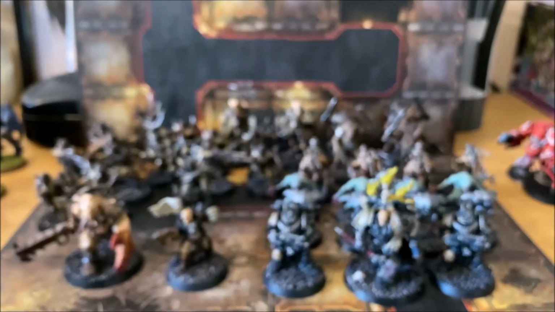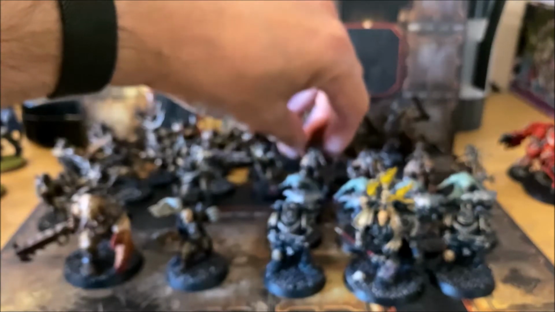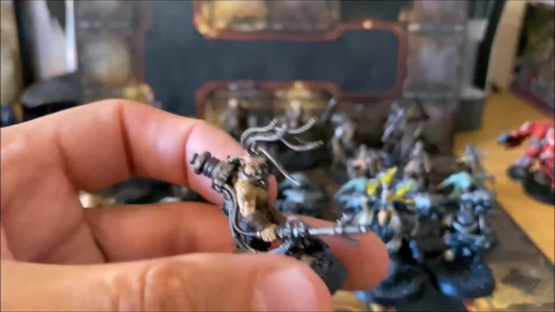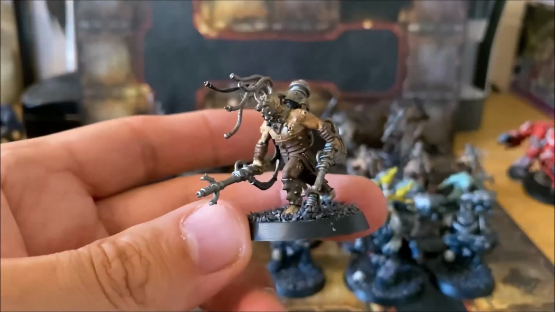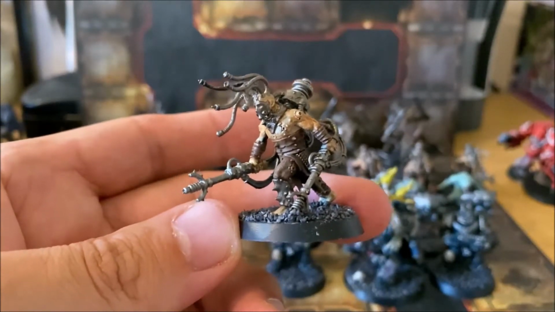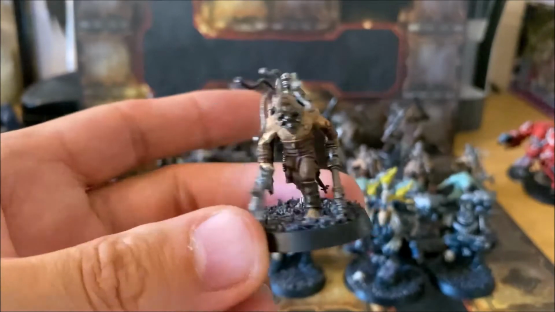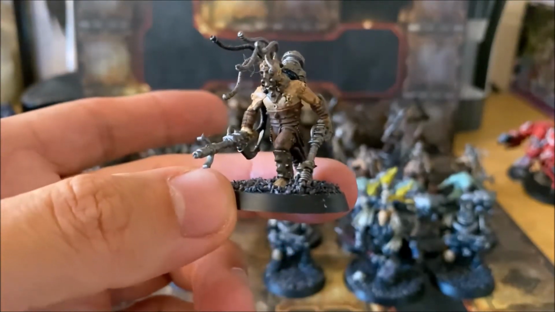So that's basically Traitor Guard. Then some of the weirder things that appear in the army are these Dark Mechanicum-esque things, I believe. I think they're sort of Dark Mechanicum thingies. Didn't go too overboard with these, but picked up the